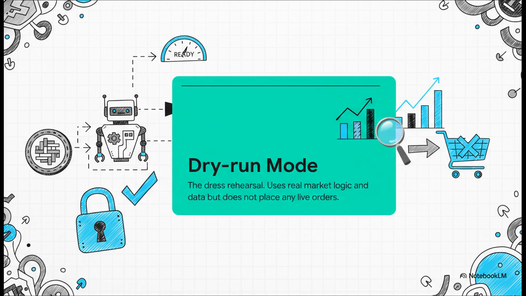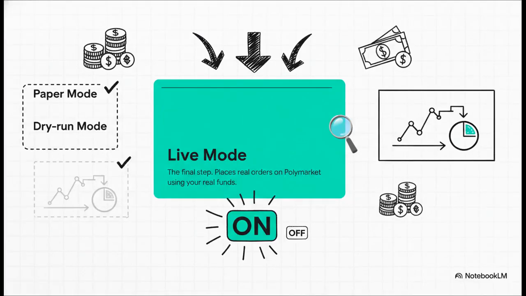It's your last check to make sure everything looks right before you go live. And of course, the final step is live mode. This is the real deal. The moment you flip this switch, the bot will start placing real orders on Polymarket with your actual money. You should only ever enable this after you've spent plenty of time in paper mode and confirmed everything looks perfect